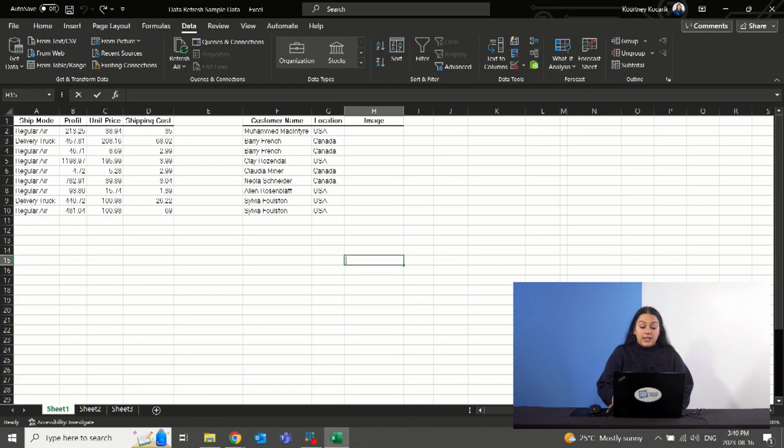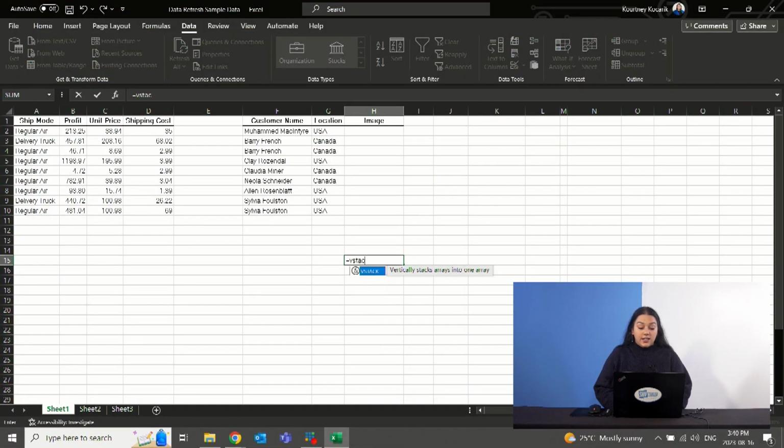First up, we have the VSTACK formula. This formula is used when you need to combine data and stack columns one on top of the other. To use it, simply go to your workbook, and we're going to hit equals VSTACK. Once you see that pop up, hit Tab, and then you're going to be given the option to input your